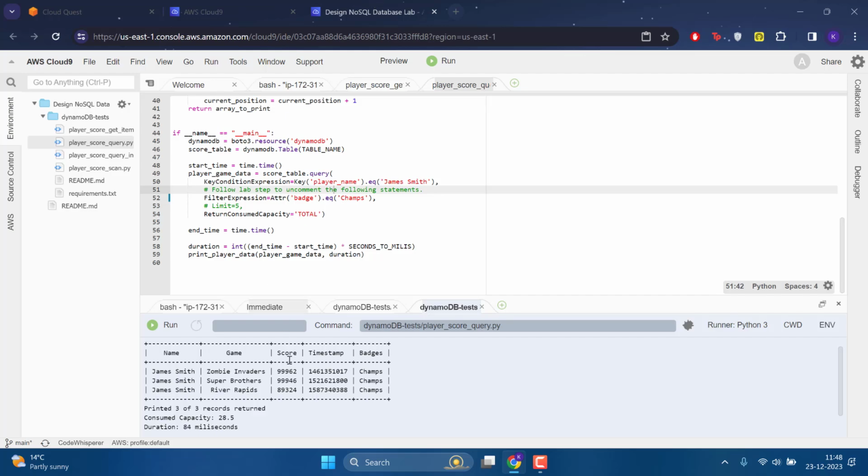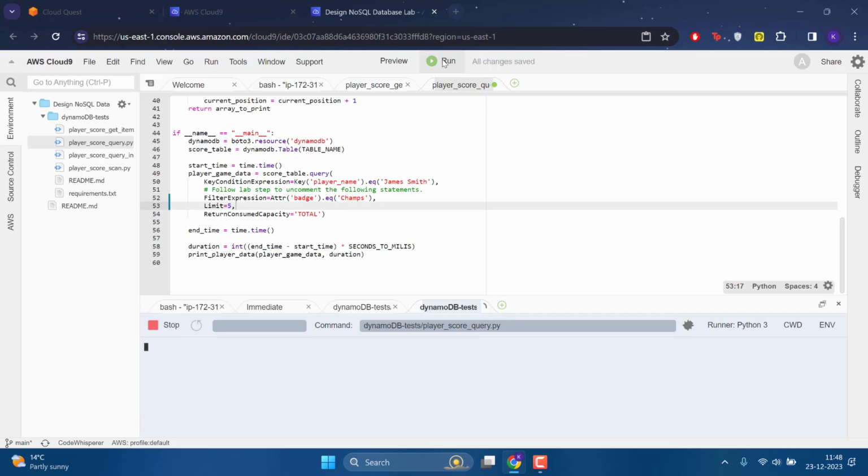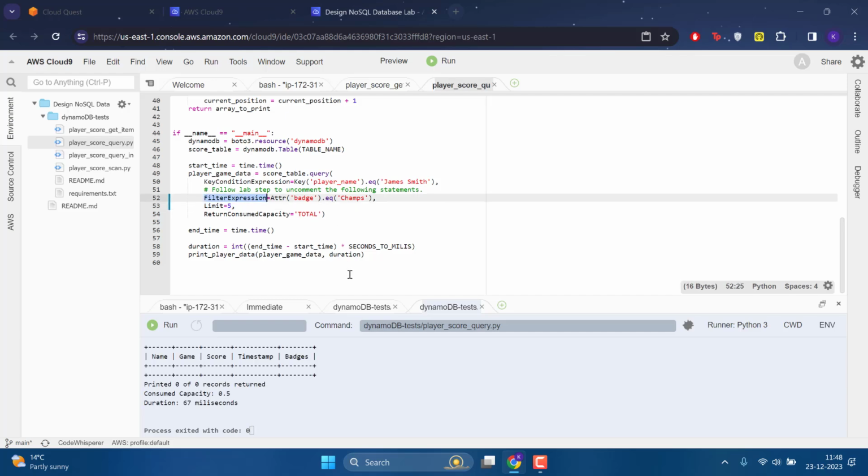So what they are trying to tell us is, if you uncomment this limit equals to 5, it is going to only check for this particular filter within the first 5 records. If this doesn't apply in the first 5 records, it's not going to return anything. So let's run this. I think we should not get any records according to them, which means whatever 3 records we got are after the first 5 records.